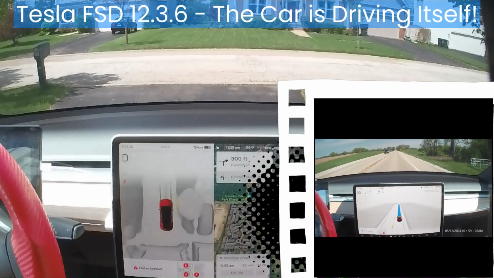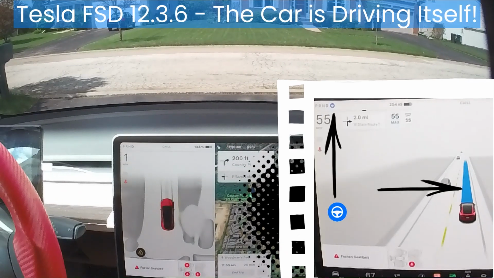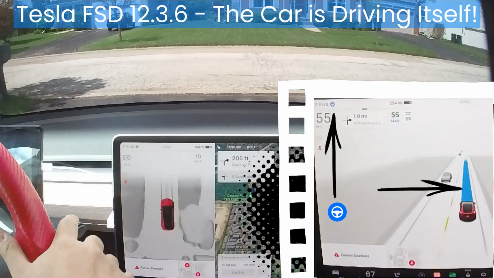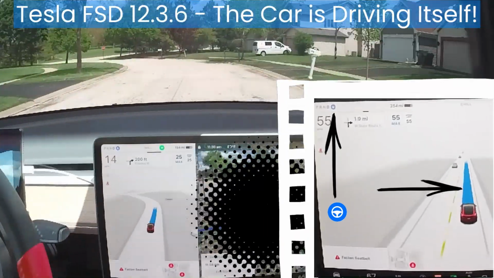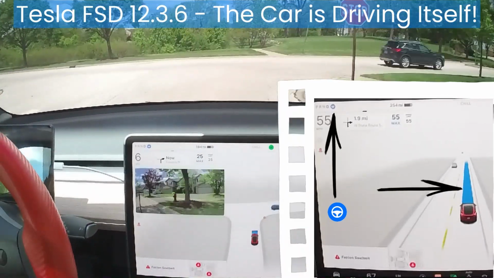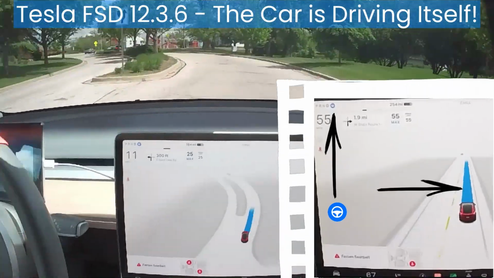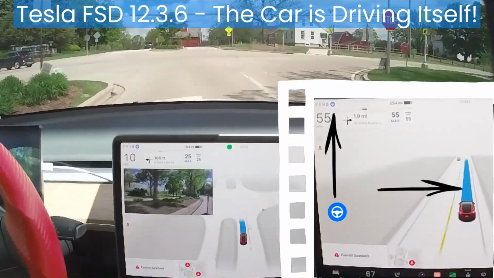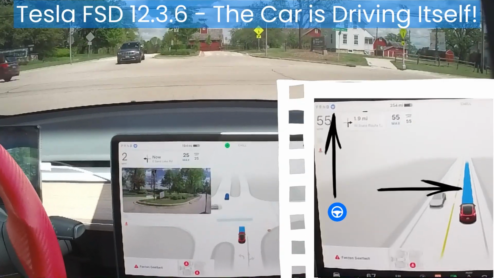The Tesla 3D visualization is a window into the mind of the most advanced artificial intelligence available to consumers, and it tells you exactly what the car is planning to do. When FSD is engaged, the steering wheel icon turns blue, and a blue line representing the AI's chosen path appears